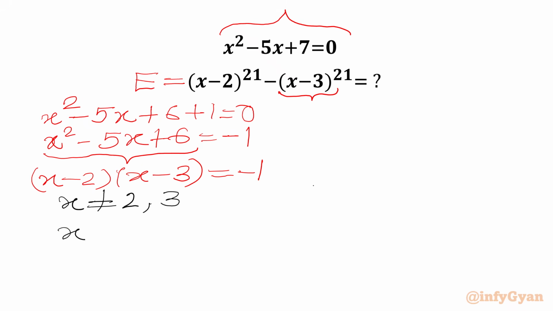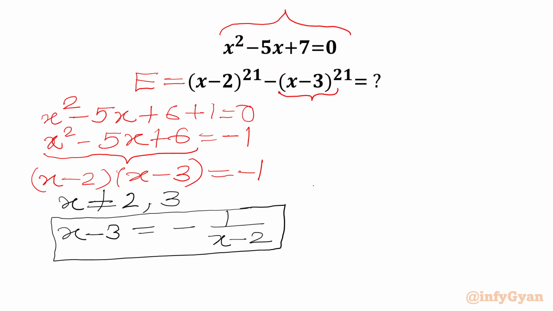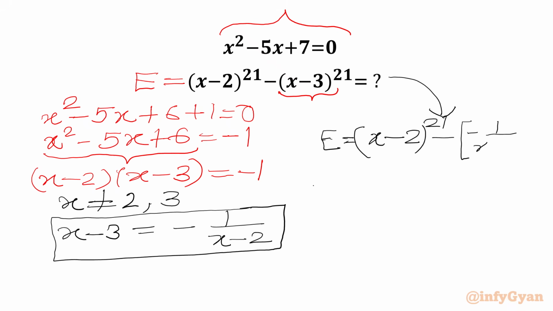So I can write here x minus 3 will be equal to minus of 1 over x minus 2, which we are going to plug in our required expression E. So we can write E equal to (x minus 2) whole power 21 minus, in place of x minus 3 we can write minus 1 over x minus 2,